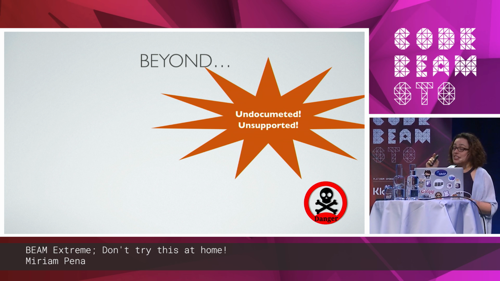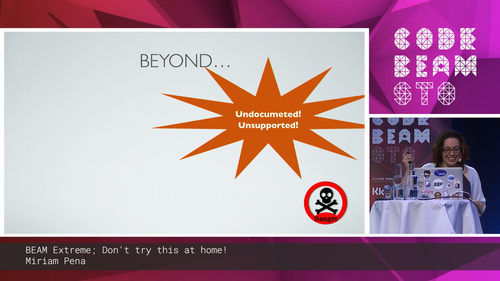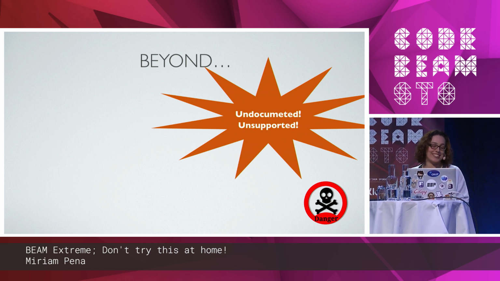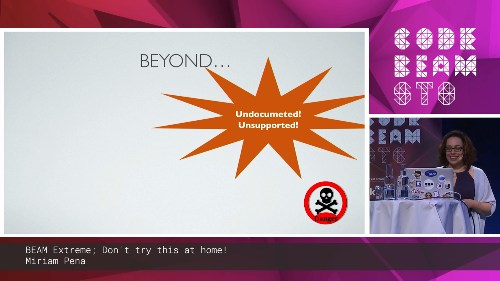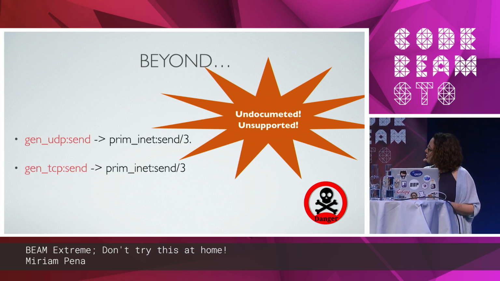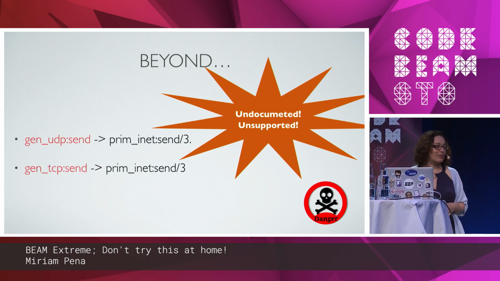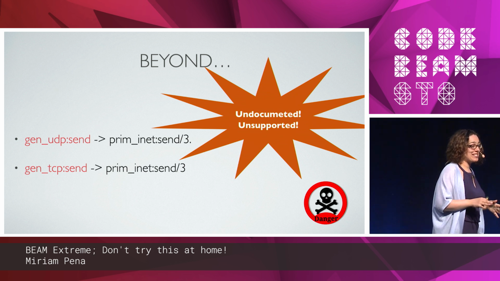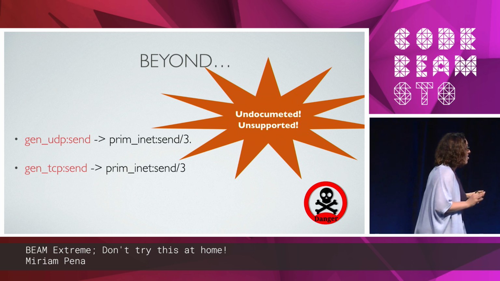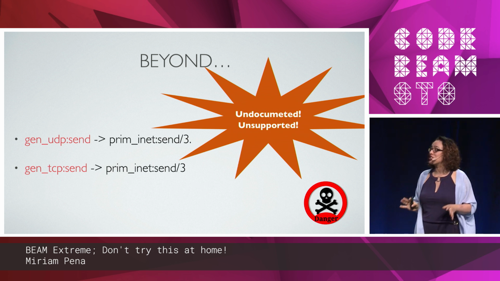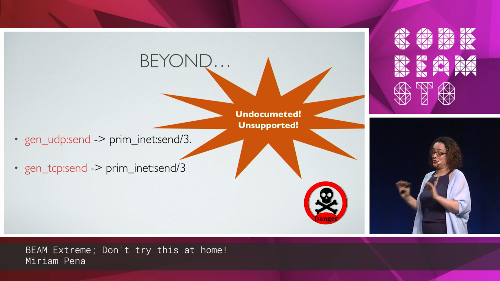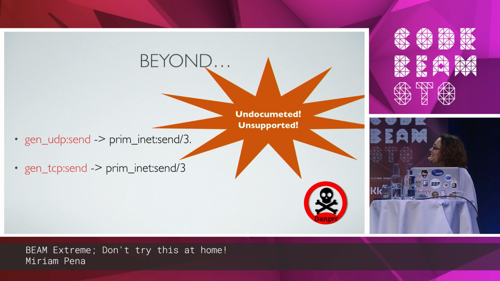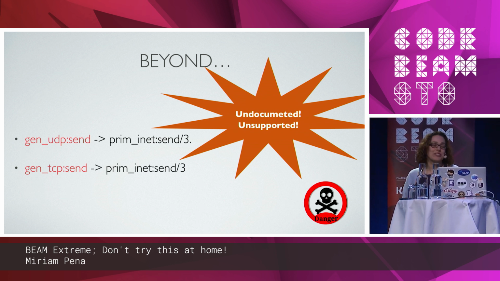And then if this is not enough for you, you can remove a few more of the abstractions, which is faster. And you can go for undocumented, unsupported APIs that can be removed at any time. I've never used this myself. I've Googled it. Some people have mentioned it, and right after say, don't use it, don't use it. But it's there. Apparently it works, and it helps. So you have that option.